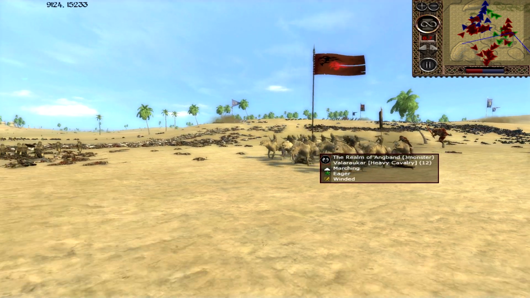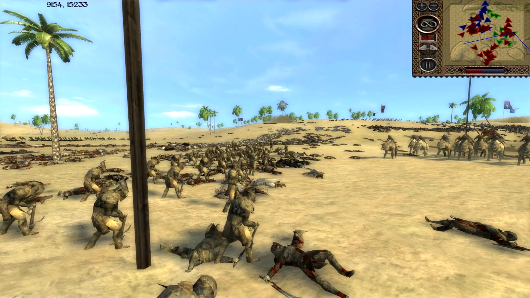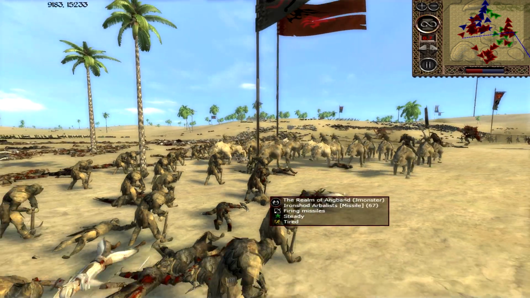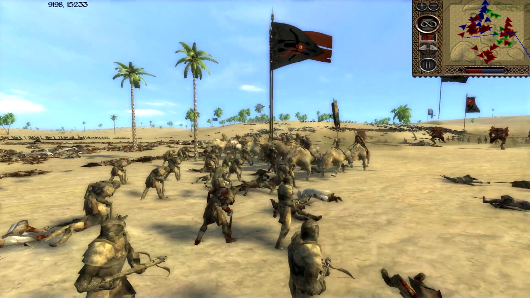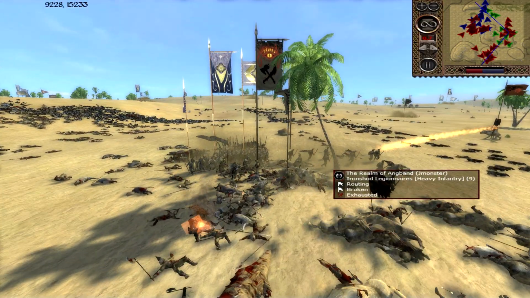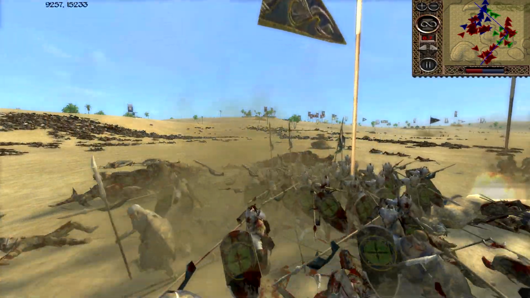I'm sending in my Valaraukar as well, trying to pin them against the Iron Shot Arbalists. Maybe get off a quick shot here, but nope, that charge speed bonus is going to activate, and it's going to carry them in to my Arbalists. There's not really too much that my Valaraukar can do. Over here, my Uroloki have been killed off. My Iron Shards are now running for the hills,